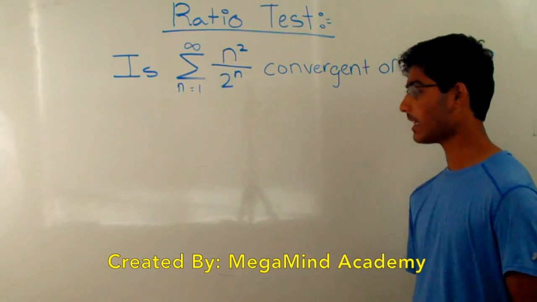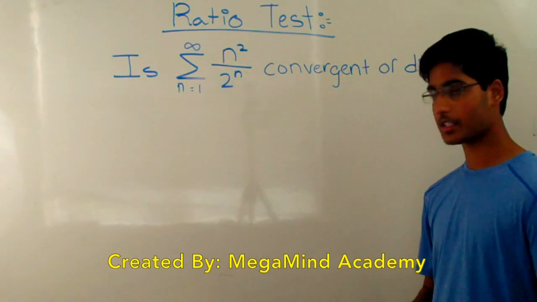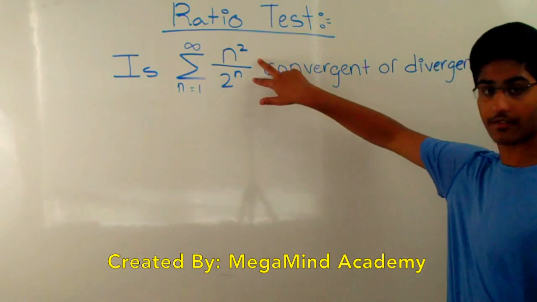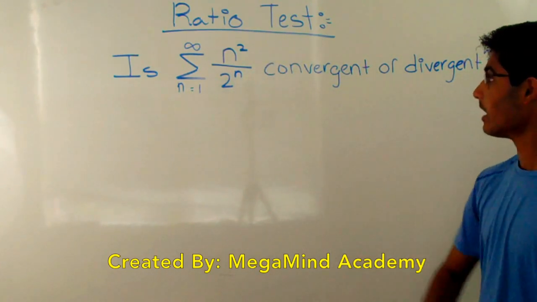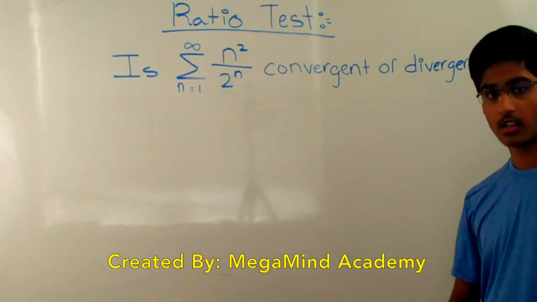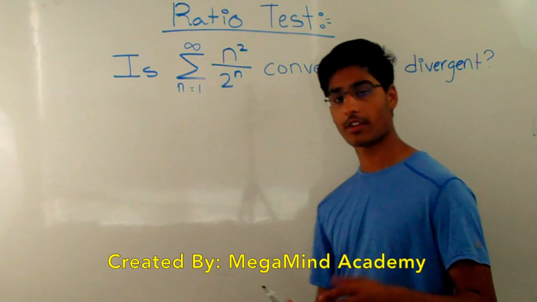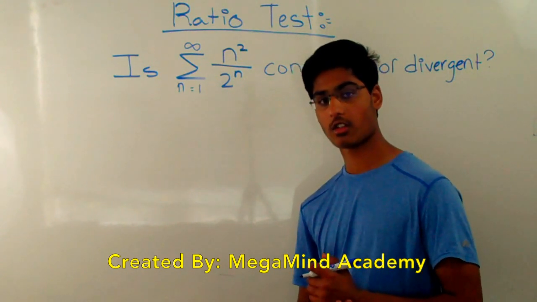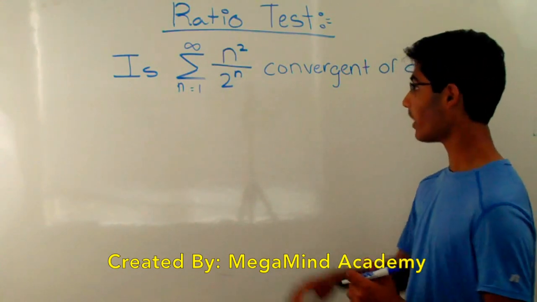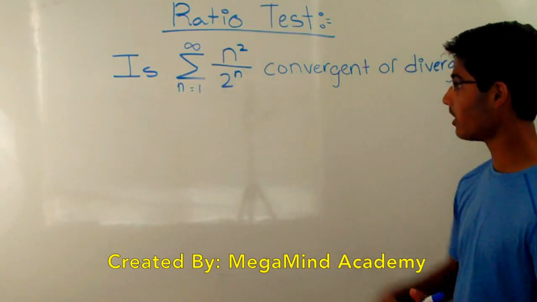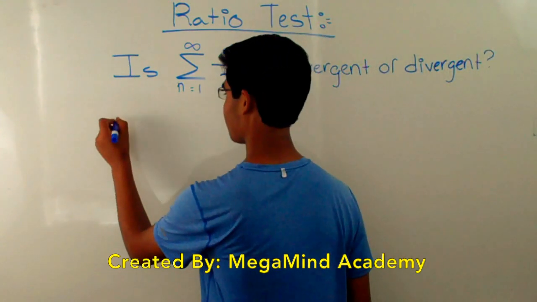Here we can see that we have a fraction, and the numerator and the denominator are growing at different rates. This one is 2 to the nth power, and this one is n squared, so you can see that they grow very differently. So how do you figure out whether this is convergent or divergent? This is where we use the ratio test. The ratio test is good when there are two different types of rate growth in the numerator and the denominator. The ratio test says that if we have